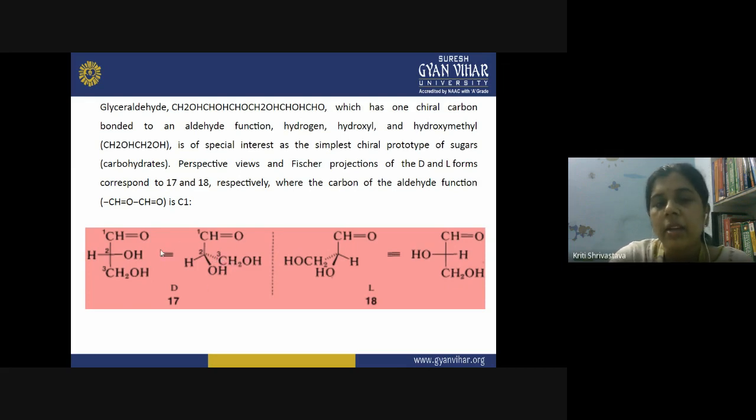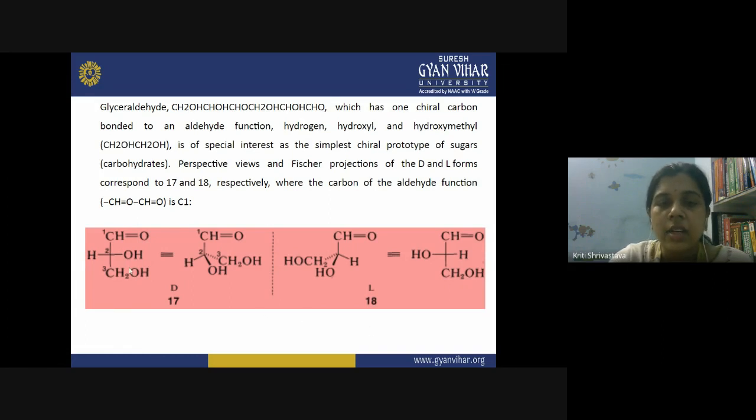In this manner, now you will decide which one is your main substituent. Like I told you, you will take the group which is present on the horizontal line. On the horizontal line we have this OH present. This is not part of your carbon chain. So now this will be your main substituent, and you will see the position of this OH group in the molecule, whether it is on the left hand side or the right hand side.